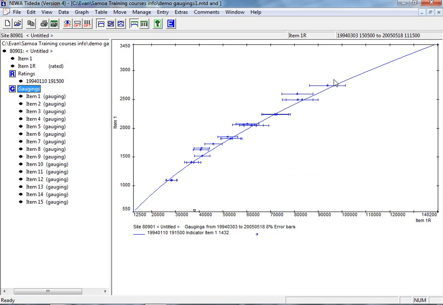So we can see here that we've got gaugings that have defined this earlier lower rating, but since then we've had gaugings here, here, here, here, and these two here showing a shift to the left. So there's been a rating change at some point. To display these gaugings better, so we can get some statistics of how bad they are and how far off the rating and the timing of them,